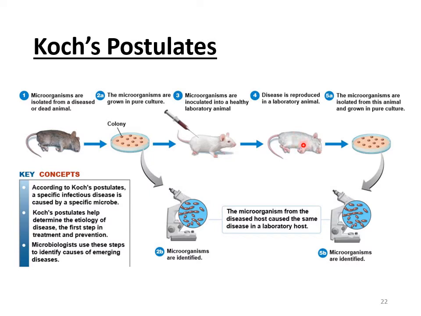If they exhibit it, you then extract the microbe and study it to see, is that microbe the same one that you isolated from the initial dead or diseased organism? Okay, so again, what Koch's postulates is doing, you take a microbe you isolate from the diseased animal, you culture it and put it in a healthy animal, and if it is the true cause of that disease, it should then make the healthy animal show the same symptoms, the same disease as the initial animal. You can then extract it and study it to confirm that it even looks the same and is the same